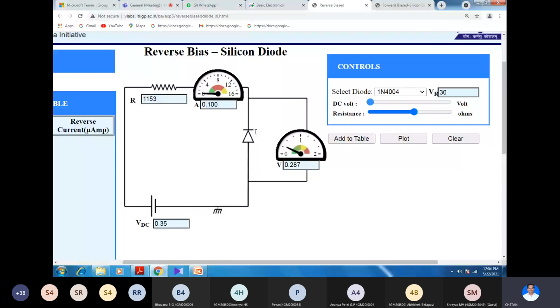Then afterwards let us give one more value for this, right? Here the current is very small. You can observe that the current is almost constant. In the graph also you have seen already, the current will be constant till you reach a voltage called the reverse breakdown voltage. The reverse breakdown voltage for this diode is around 30 volt. So I will give one more value for this voltage. I have given two values for this voltage. Still the current is constant, very small current.